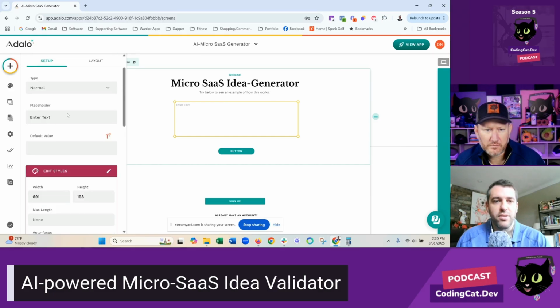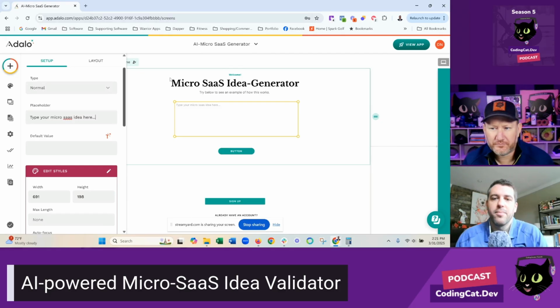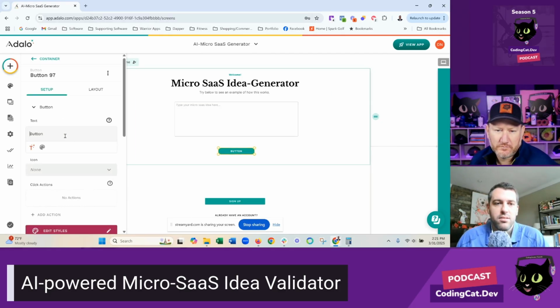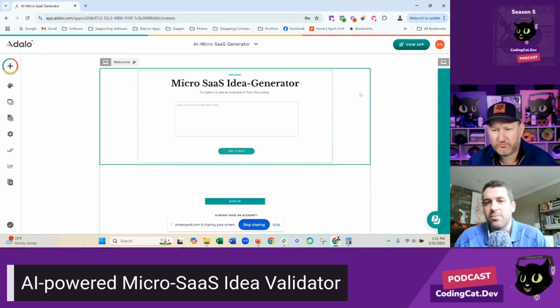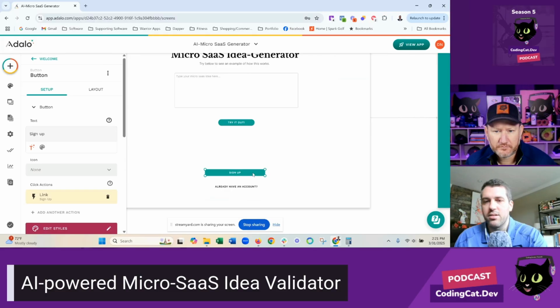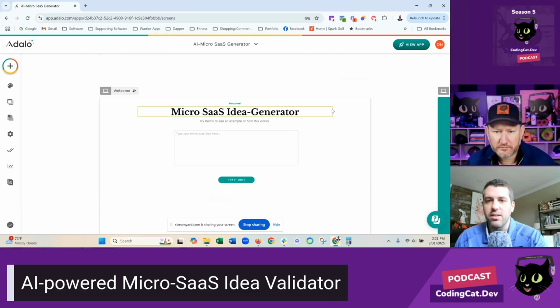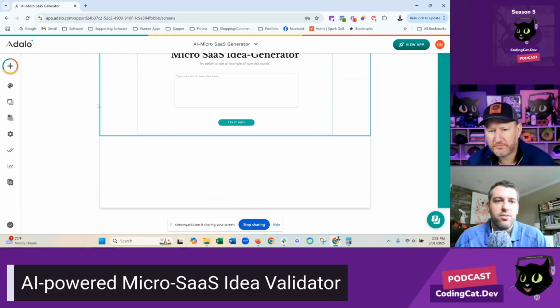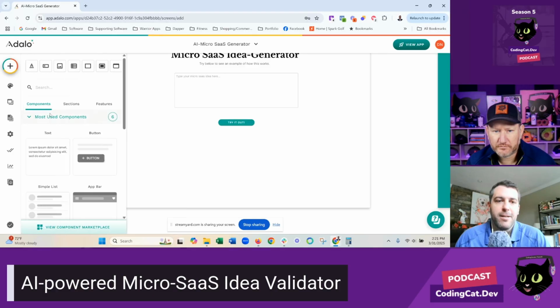And we'll put a placeholder in of like, type your micro SaaS idea here. Okay. And then let's do like try it out. So simple. All right, now before we do the sign up, let's actually just delete these because we could put those at like the top or something. Let's do another